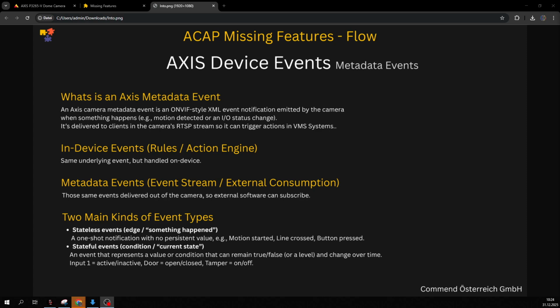It's for events like motion started or a line is crossed or whatever. It has no state, just a trigger. And you have stateful events that have some state, like a door is open or closed, or the day-night mode on the camera is on or off. In the Axis event rule engine, when it's a stateful event, you can select record video while the event is active, and you can't do this with stateless events. So this was a short